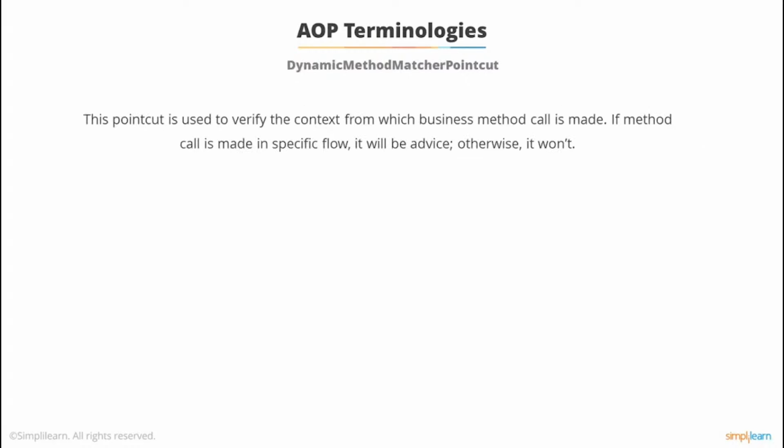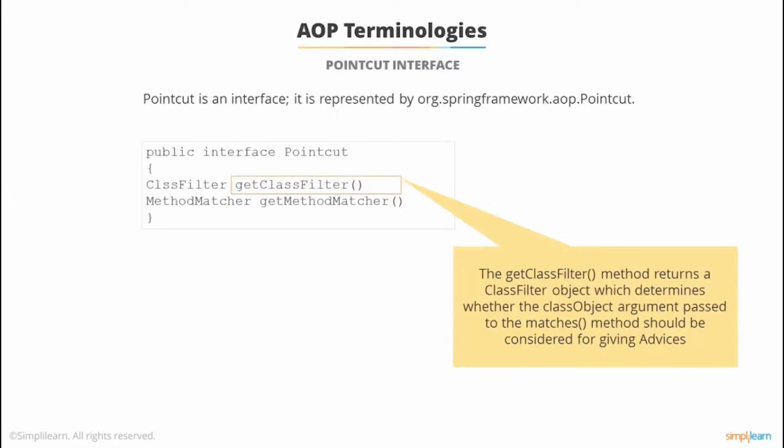The dynamic method point cut. This point cut is used to verify the context from which a business method call is made. If a method call is made in a specific flow, it will be advised, otherwise it won't. Point cut is an interface. It is represented by